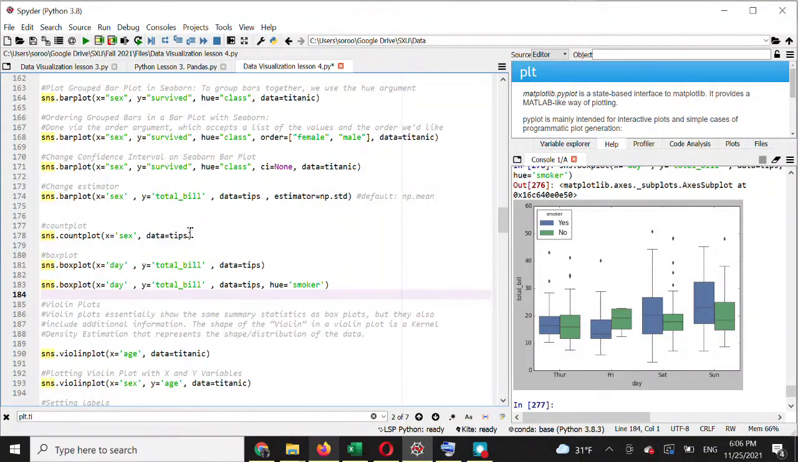We can have violin plots, so we already saw violin plots. They essentially show the same summary statistics as box plots, but they also include additional information. The shape of the violin in a violin plot is a kernel density estimation, or KDE, that represents the shape and distribution of the data. So again, for violin plot, you can either use that catplot that we saw,